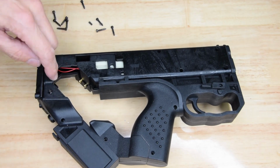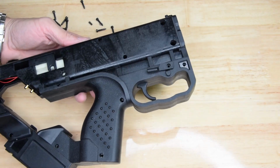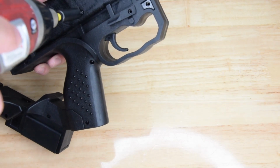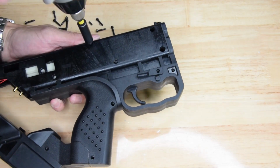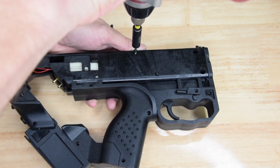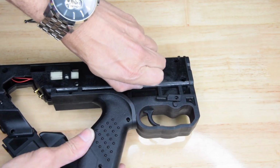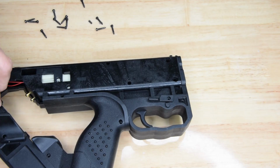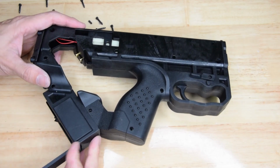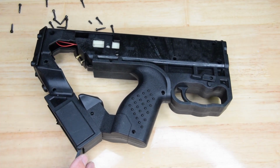Okay, so it appears that the remaining screws in here are what hold the other half of this in. Can I reach them with my... Yes, I can. Okay. Very interesting build. I can see that there's at least one other screw post in this battery holder in here, but that screw